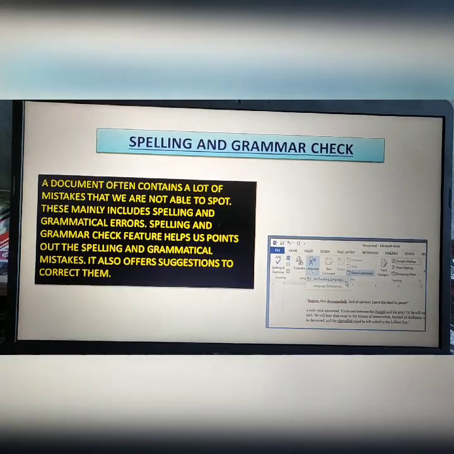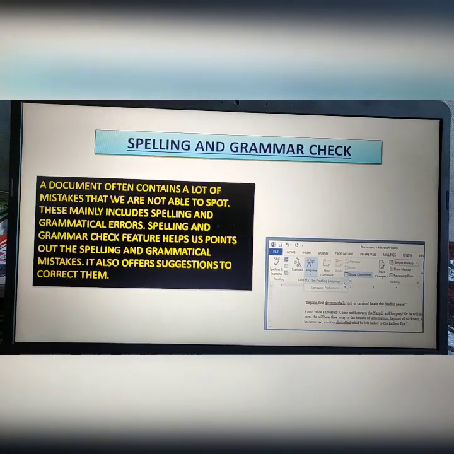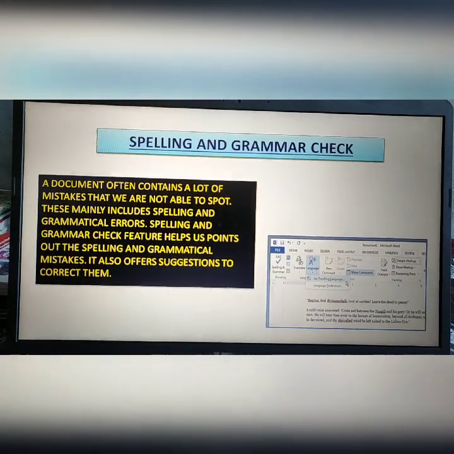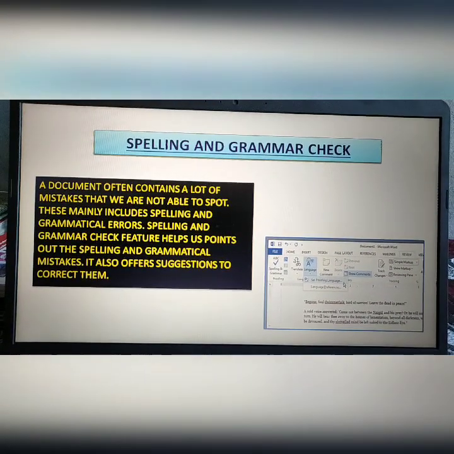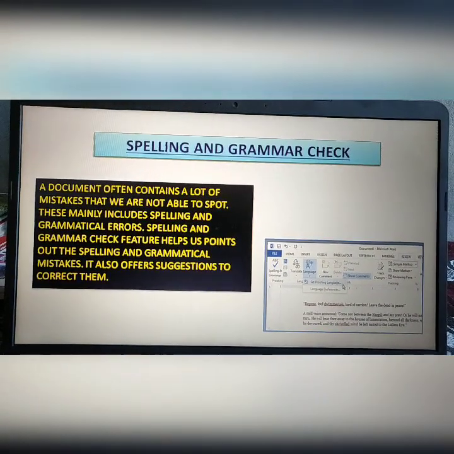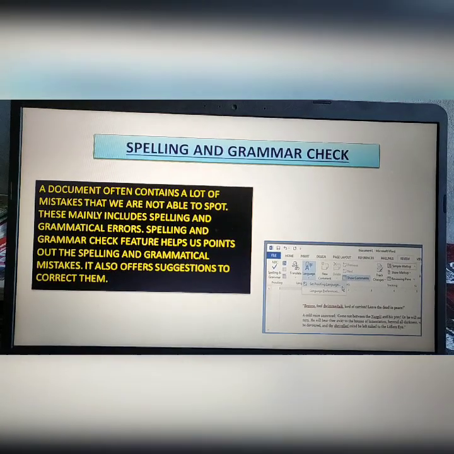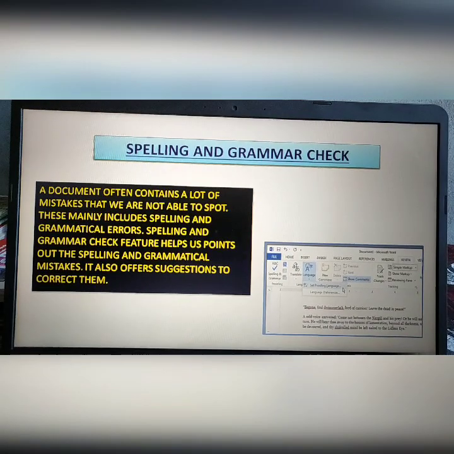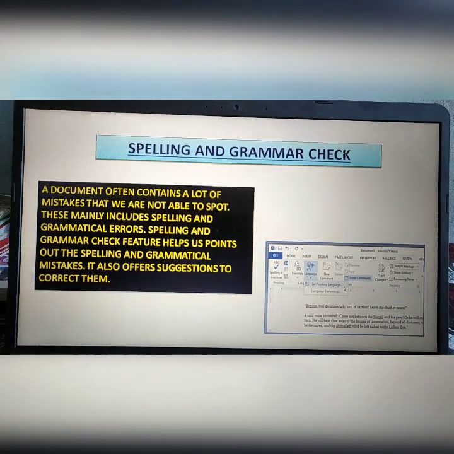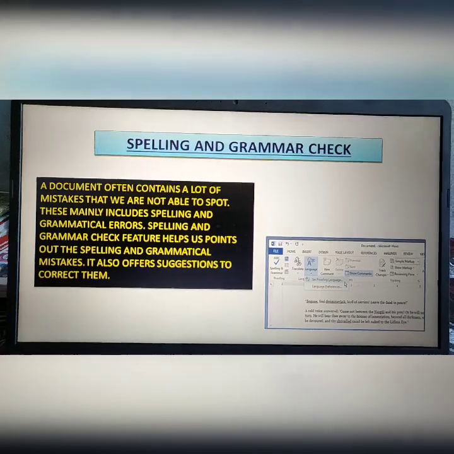And if a blue wavy underline is there, then this blue wavy underline indicates grammatical errors. So spelling and grammatical check is one of the main editing tools in Microsoft Word.